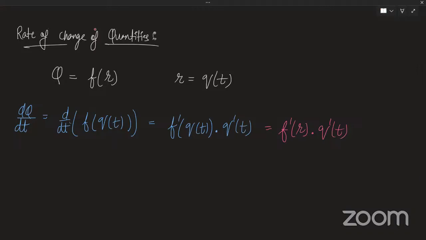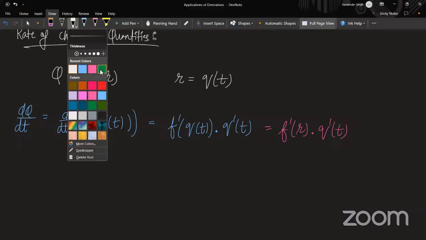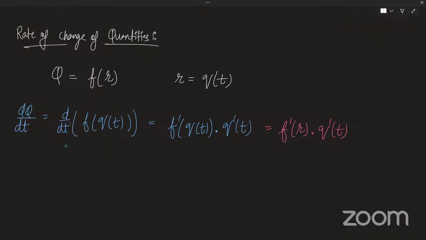F dash of r into q dash of t. What is the basic meaning of both of these terms? So the basic meaning of q dash t is really easy to think. See, first of all, dq by dt would mean the rate of change of q with respect to t. The rate of change of q with respect to t, right? This is what is meant by the derivative. So q dash t would mean